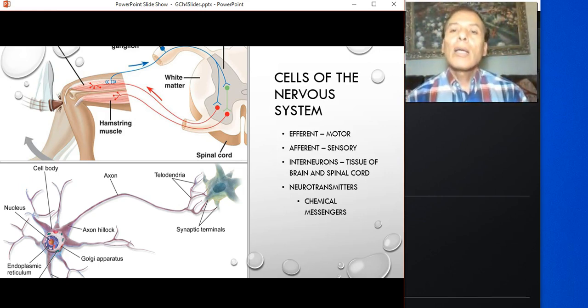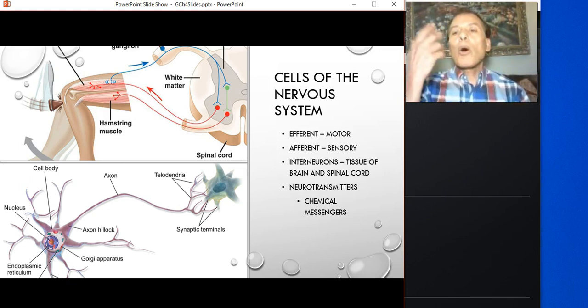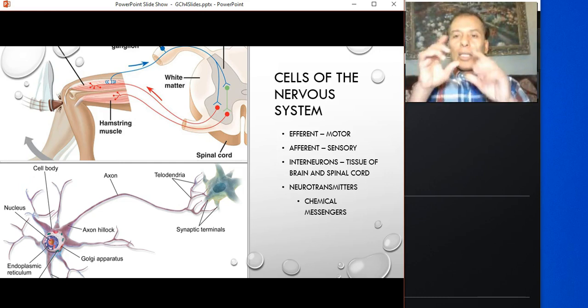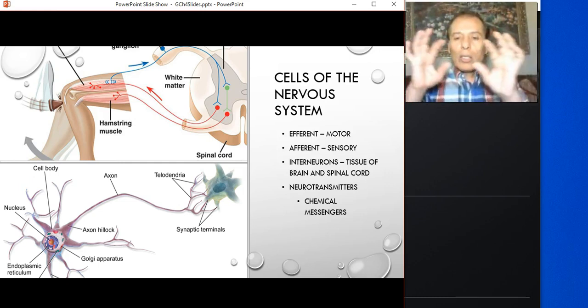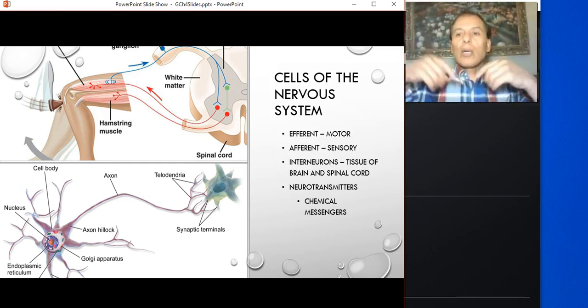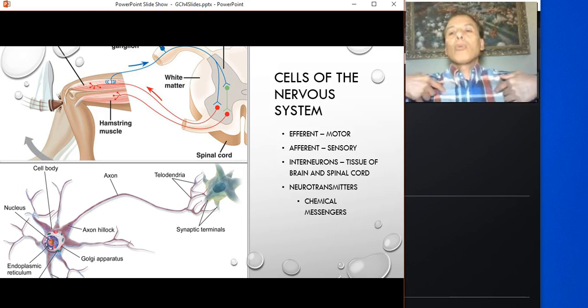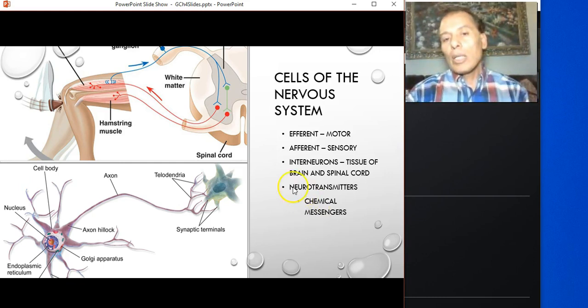Again, the brain is the central component. The spinal cord is also like the tail of the brain, which is a bunch of pathways going up and down. And out of these two, you get the nerves that come into your thorax and your legs and your arms and so on. So that is the central nervous system and the peripheral nervous system.